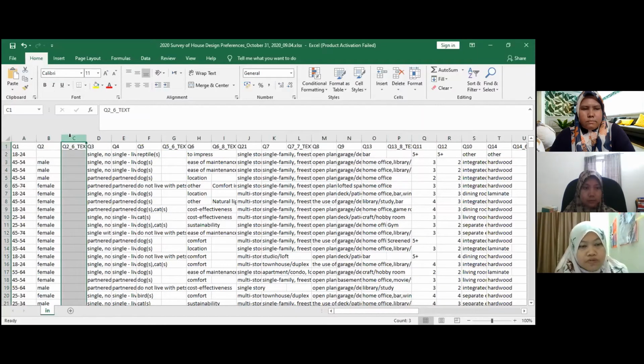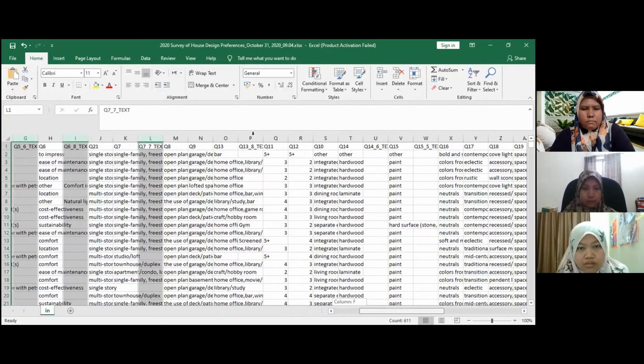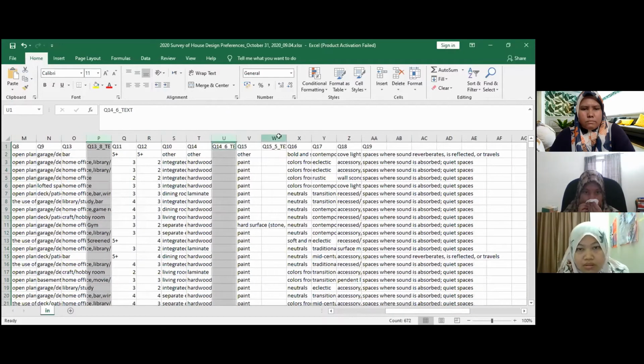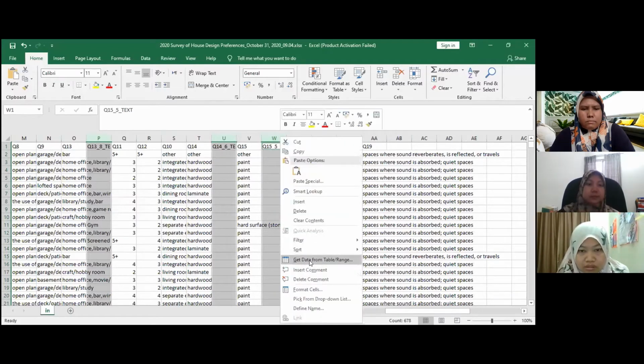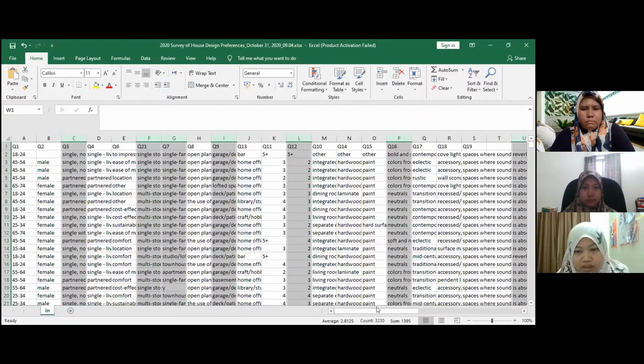So remove this column. Okay, we can see it becomes a smaller set of columns.